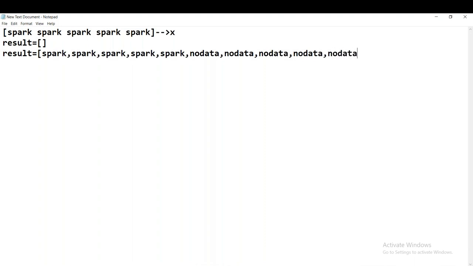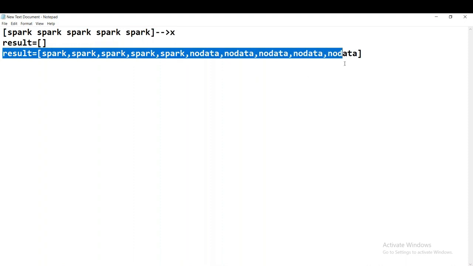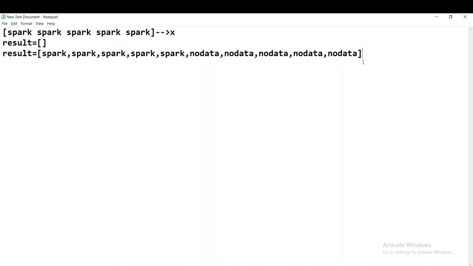Are you able to understand? So this X we are giving as input, and we are expecting an output list like this, with the same number of columns, the same number of words. Got it, guys?